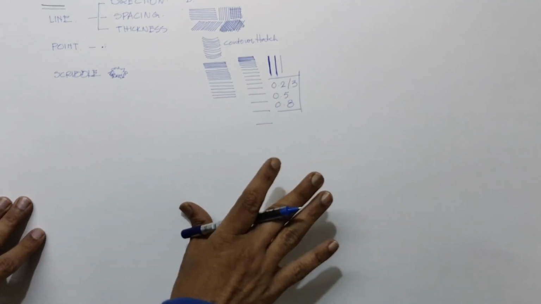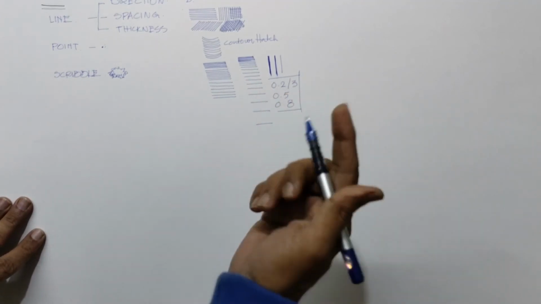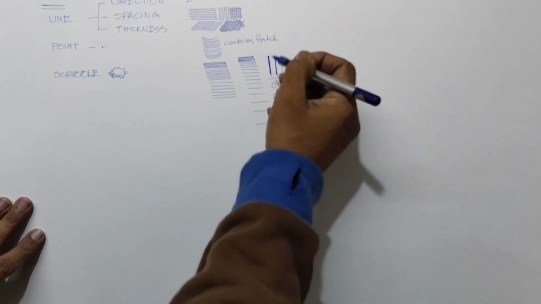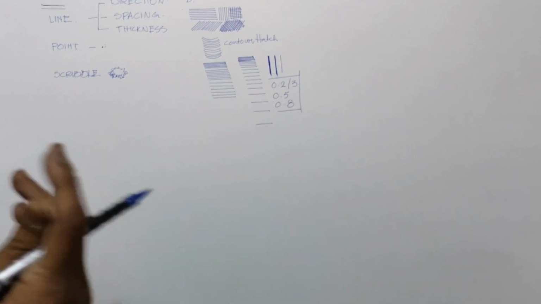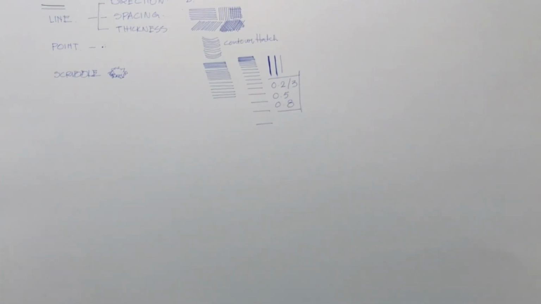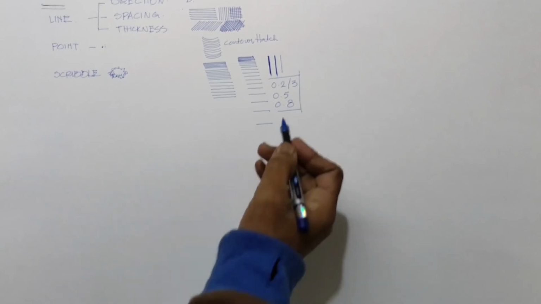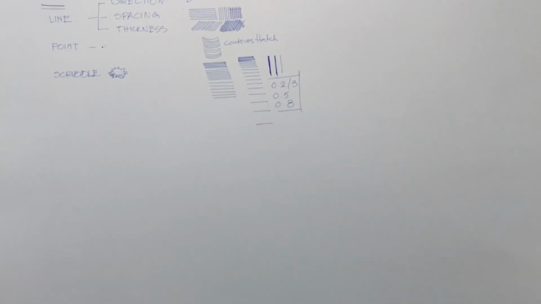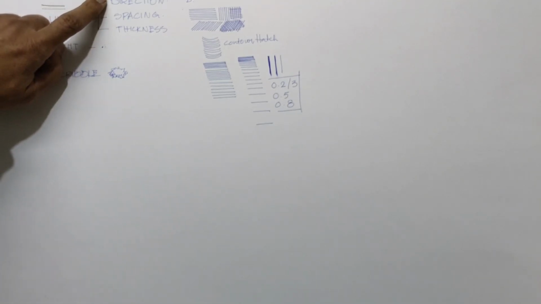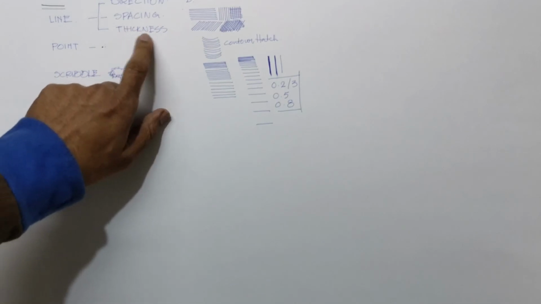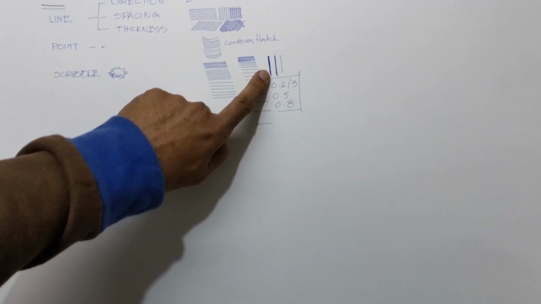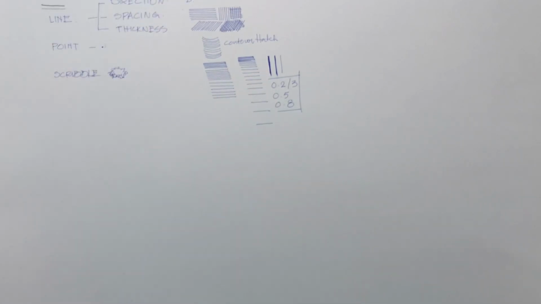If you don't want to, you buy just 0.3 like this, and you draw multiple times and increase the thickness. So that way also you can do. It is tiresome and tedious, still you can do that, no problem. But better you buy 0.2, 0.5 and 0.8 for a basic level of rendering. So we have completed direction, we have completed spacing, and we also have completed different thicknesses for the hierarchy in the sketching. I will demonstrate that also.